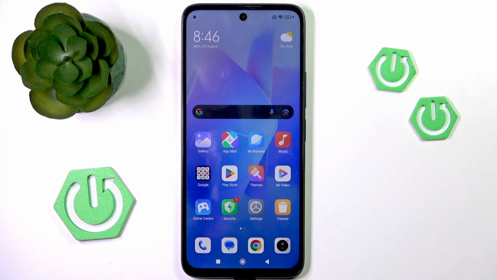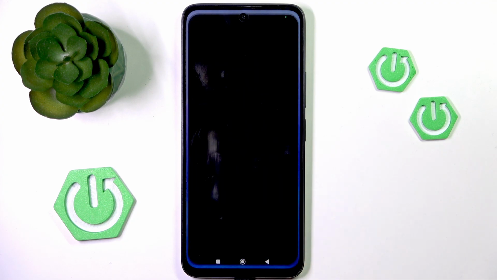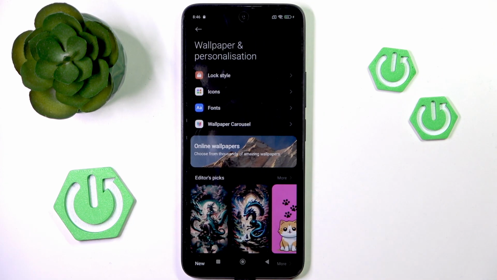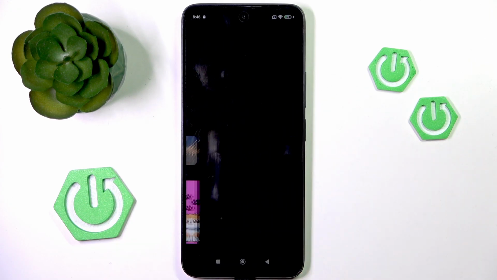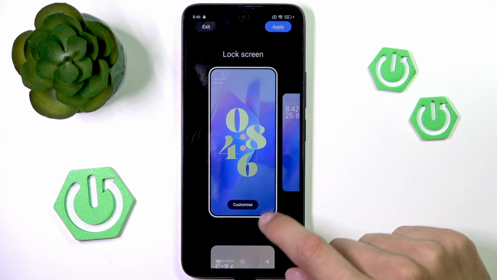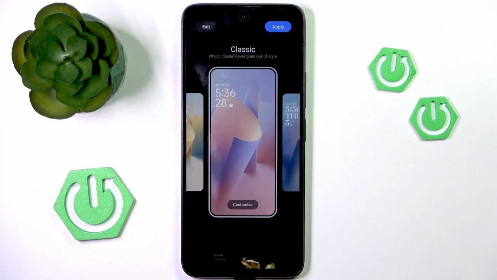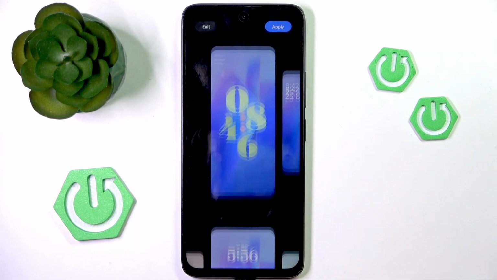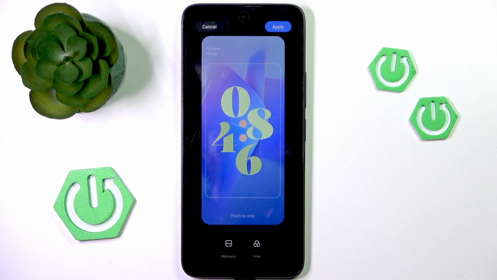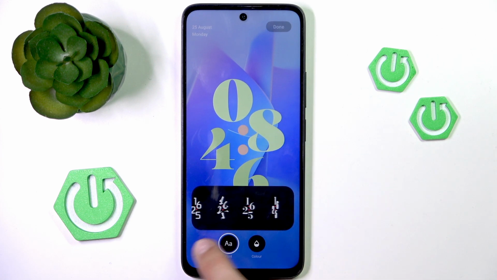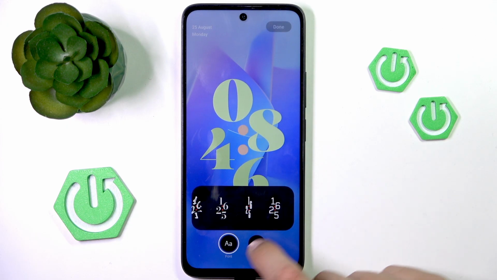To change the clock on your lock screen, you want to go into Settings. Here, scroll down to Wallpaper and Personalization, and then Lock Style. In here, you can choose whatever one you like in here. Or you can stay on the current one, then click Customize, tap here on the clock again, and you'll see